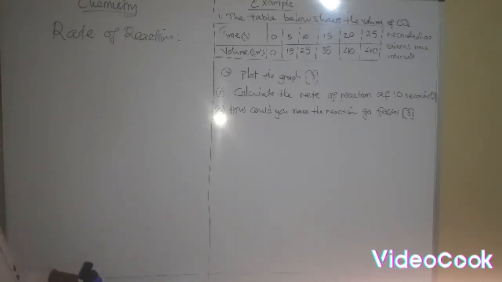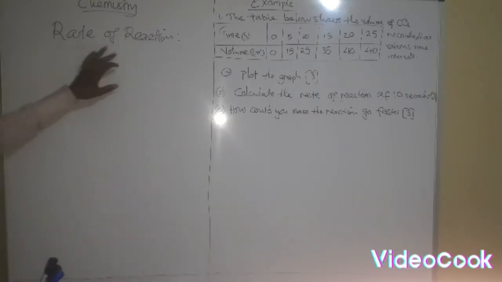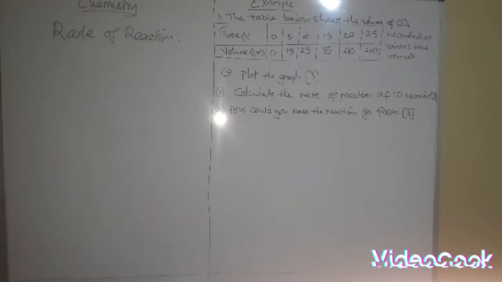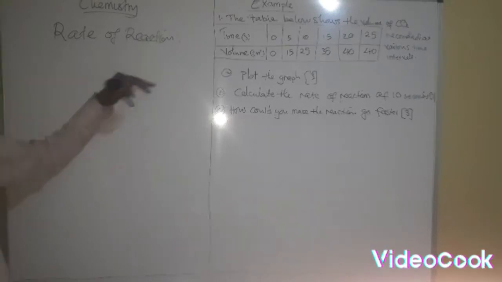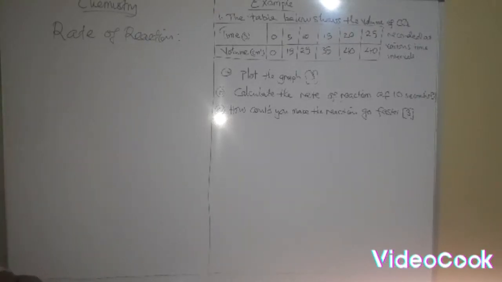Okay, let us quickly look at the definition of the rate of reaction. What do you understand by the term the rate of reaction? The rate of reaction is the change in concentration of products or reactants in a given time, which means that the rate of reaction can be expressed as in